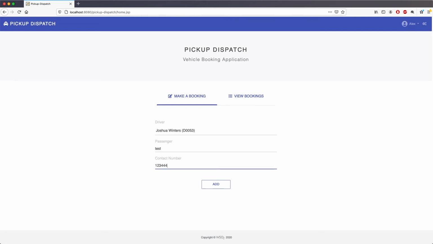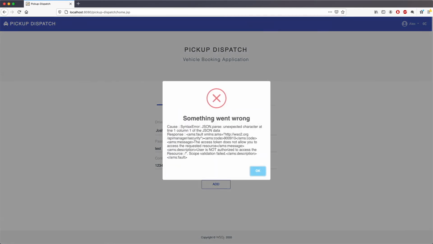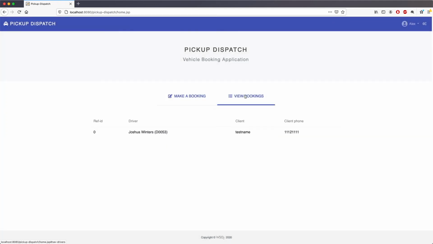Technically, the make booking operation should be allowed only for the operation role. As soon as you try that, you can see that it does not allow the user to add the particular operation, because it is tightly coupled: the pickup write accessibility is given to the user who has the operation role. Since Alex is a manager, he technically isn't allowed to do the operation, but he can still go and view the information.